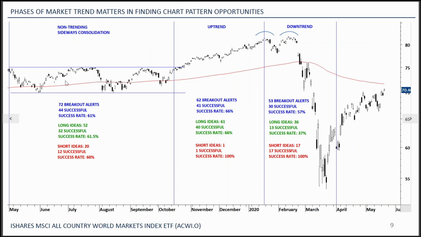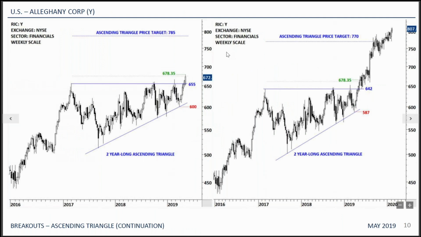Let's go back. You can see that first half of the year, from May till end of January, this was an uptrend. In an uptrend, the wind is blowing behind us. So we have the advantage of the trend. And you can see this stock breaking out after a slight pullback to the chart pattern boundary, resuming higher and